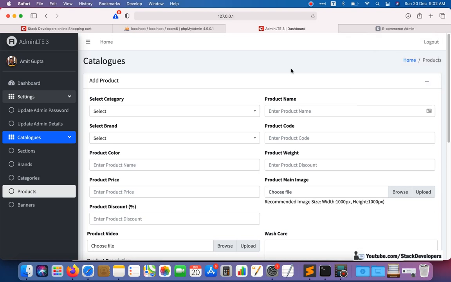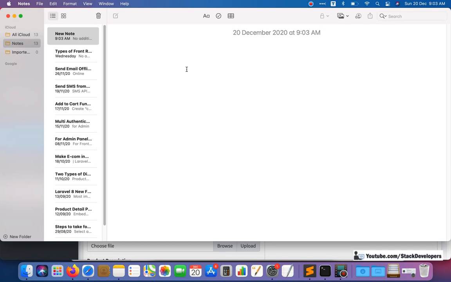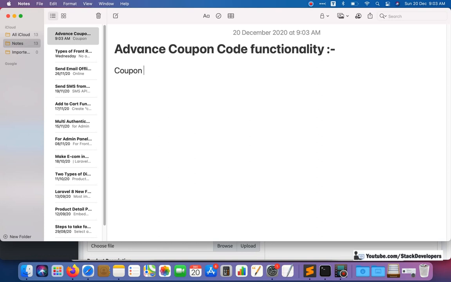So I am going to explain what kind of things we are going to do in the advanced coupon code functionality. First thing is we are going to add the coupon option. In the coupon option I will make it manual or automatic.